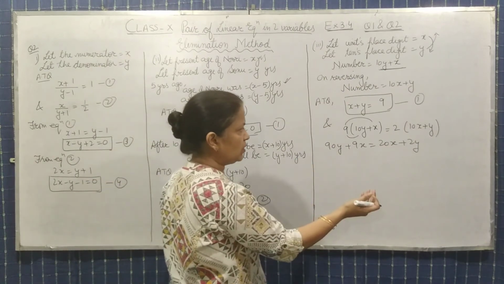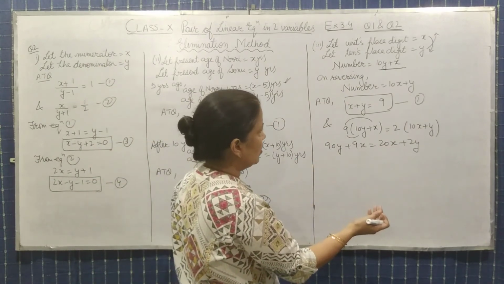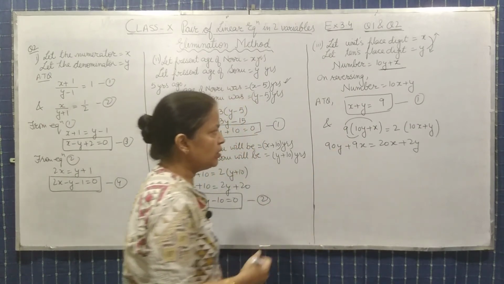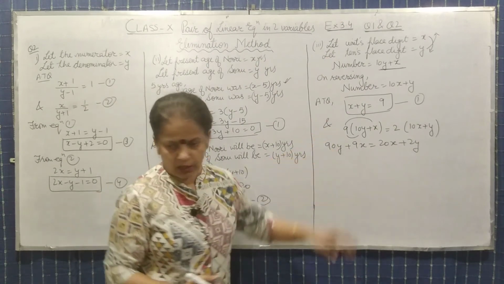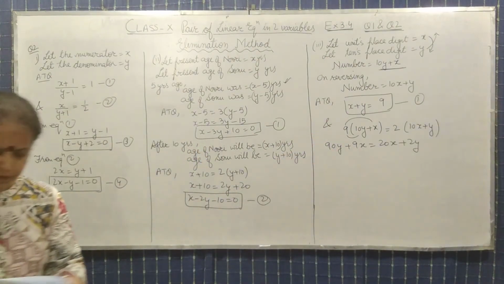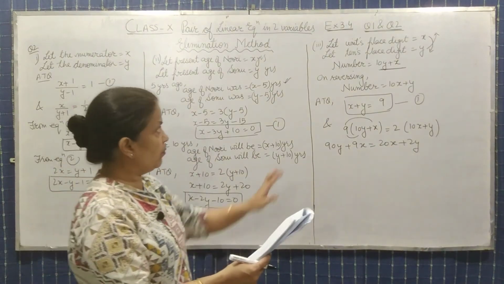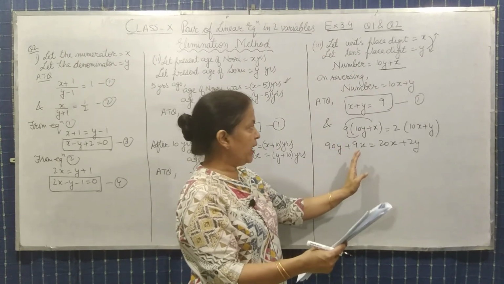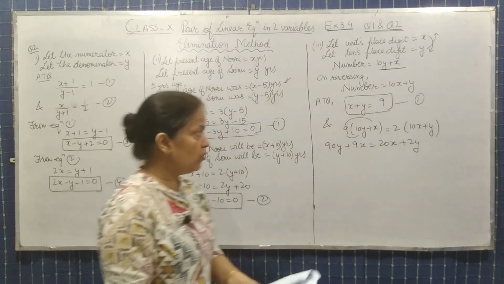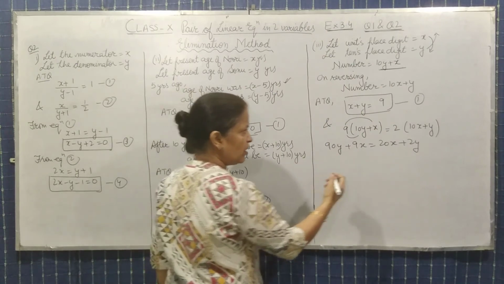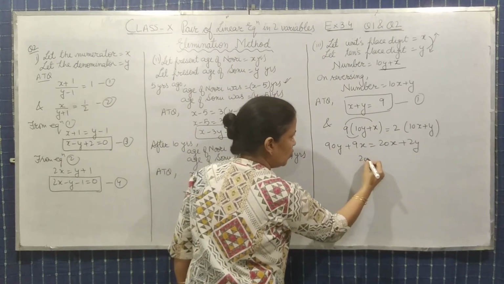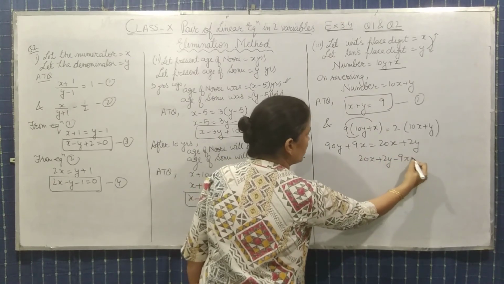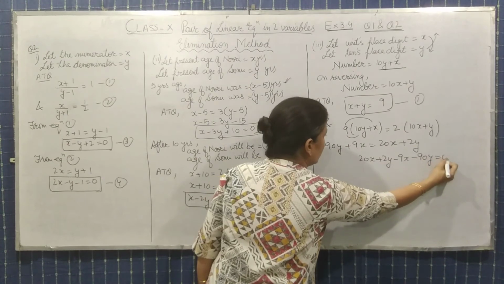Now shift the terms on the same side. So how will you do it? How will you do it for the 9 times? Question में लिखा है 9 times this number. 9 times this number is twice the number obtained on reversing the digit. तो अब क्या करेंगे हम? Shift the terms on the same side. Here 20x plus 2y. Shift these two also over here. 9x minus 90y equals 0.